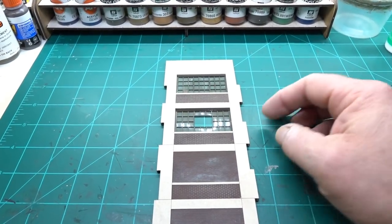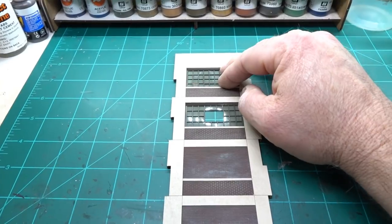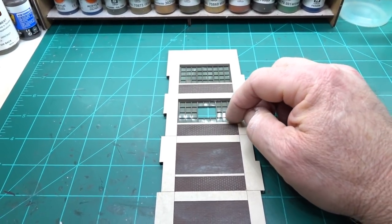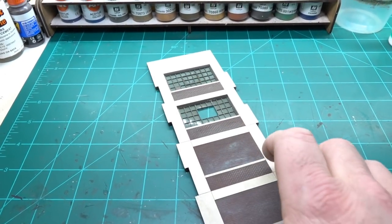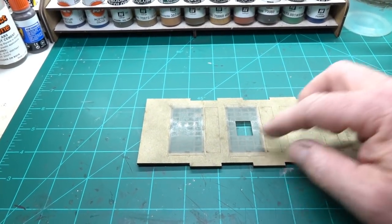Once it was all dry, of course, I just kind of pushed the windows in, flushed them up with the back, again per the instructions. Every now and then, one of the corners may have been cleaned out a little bit so it would flush with the back. They always didn't sit perfectly, but that's okay. And then, when the windows were in,